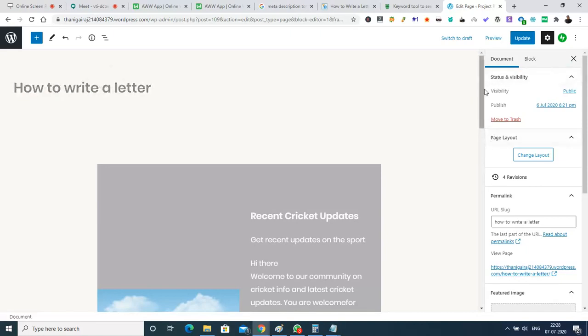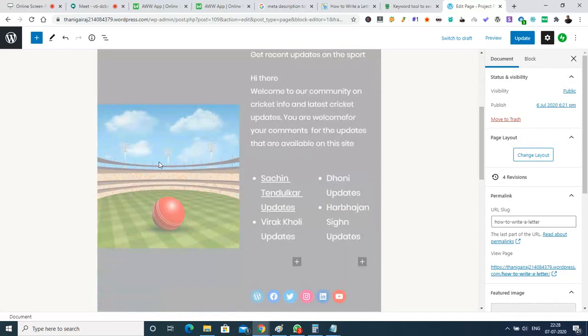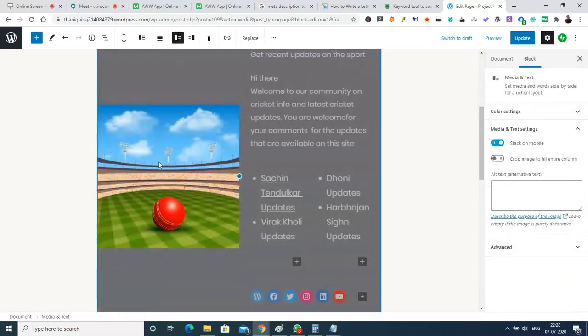And then what do I have next? I have the image. So in this image, I have the options here, like what is the alt text I have. So I'm going to write it as how to write a